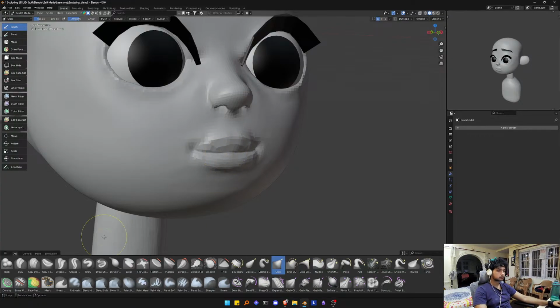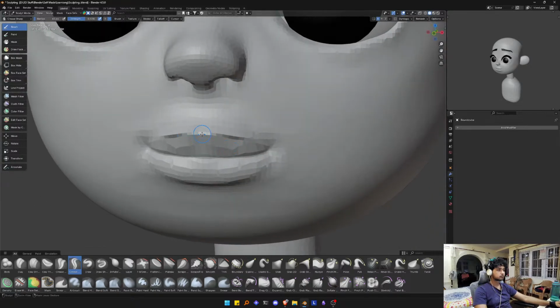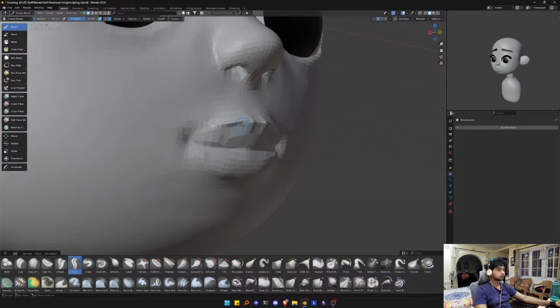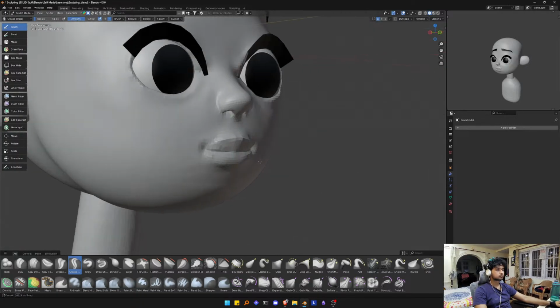Alright, that is looking fine for now. So let's leave the face for a bit and let's sculpt in the other body part. I'm going to start with the torso, and in edit mode I'll just scale this in a little bit more, and I'm going to rotate this even further, something like this. With the grab brush, I'm going to pull this forward, and I'm also going to use the